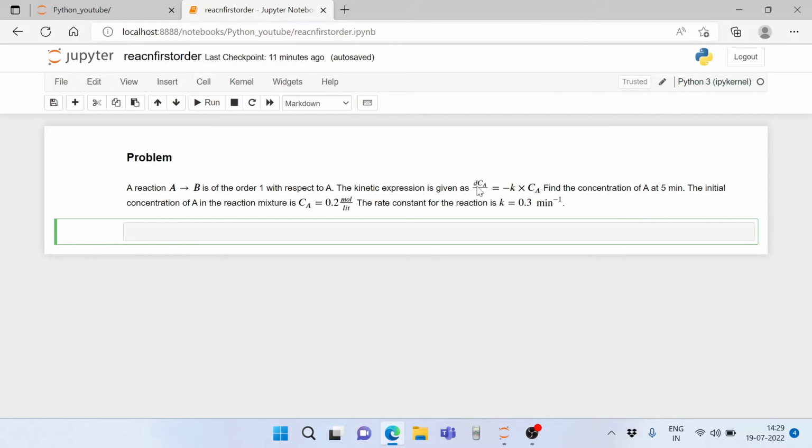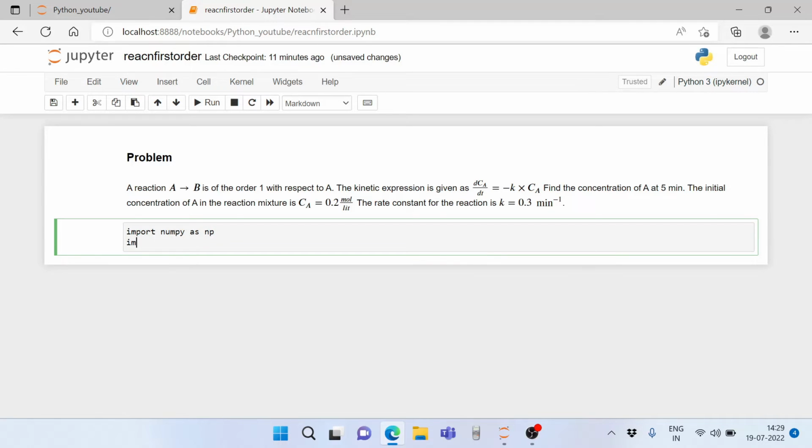Now, it's a problem in differential equations, so we will use odeint in Python from scipy.integrate to numerically find the solution to this problem. To do this, first we have to import the libraries. So we'll import numpy as np